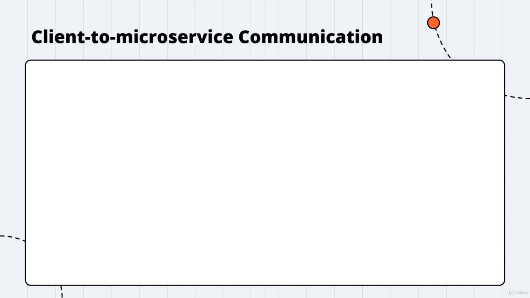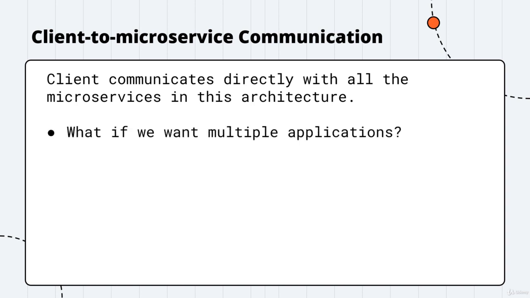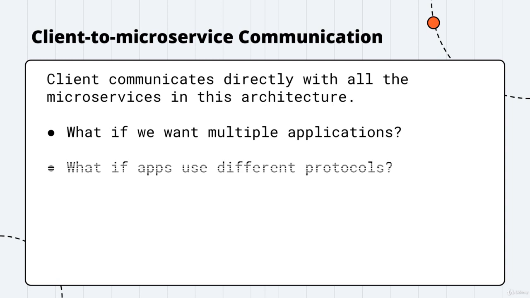Think about the next enhancement you might want to do to the project. Like, let's say you want to add a mobile application which will use the same microservices. If we use direct client to microservice communication, then the new mobile app we'll build using Xamarin will have to directly call the services as well. The Xamarin app will have to remember the URLs to all of the microservices, and it would also be possible that they want to use different protocols.